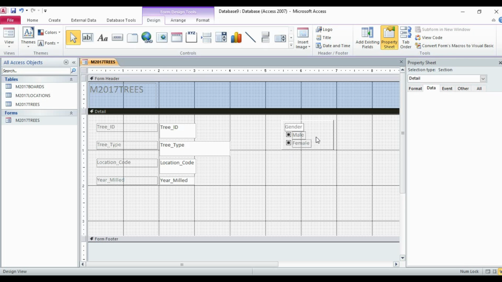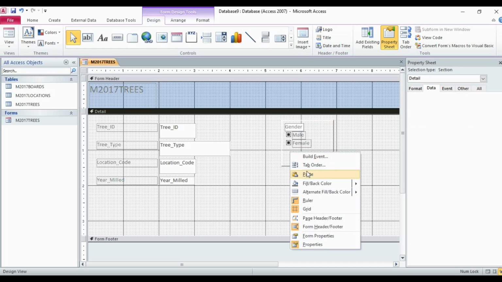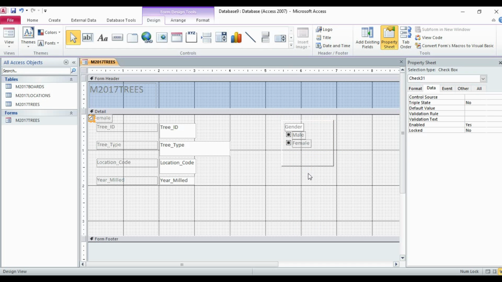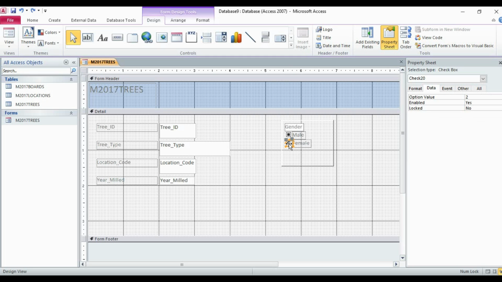First of all, we'll click here. Now in this, just increase the size of this frame so that we can include another option here. So just click on this checkbox, then Control C, or we can say copy, and then paste it here. It should not be pasted here. Just repeating the step. So Control C and then Control V.